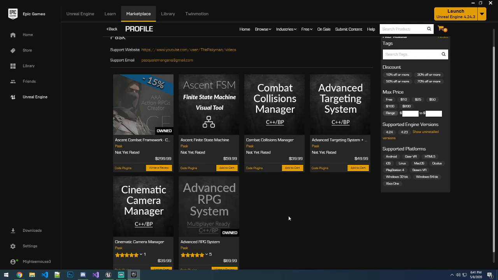We're going to be covering the Ascent combat framework. The author's Pask, he's got some really good stuff going on. I pulled up the page to talk about what it is. As you see, he's got Combat Collision Manager, Advanced Targeting System, Cinematic Camera Manager, and the Advanced RPG System. Well, Ascent Combat Framework is the culmination of all of that together. So, if you've bought any of those assets,